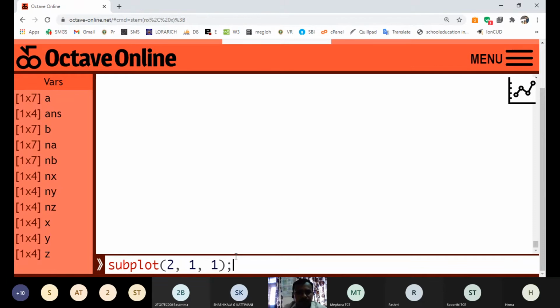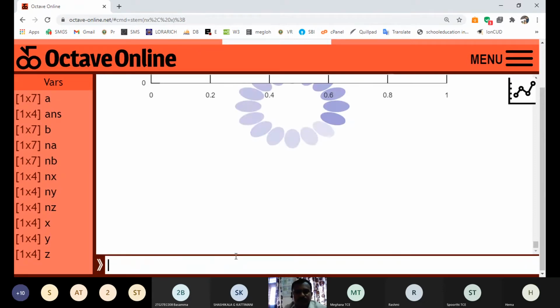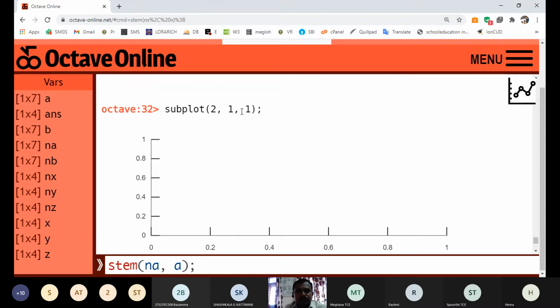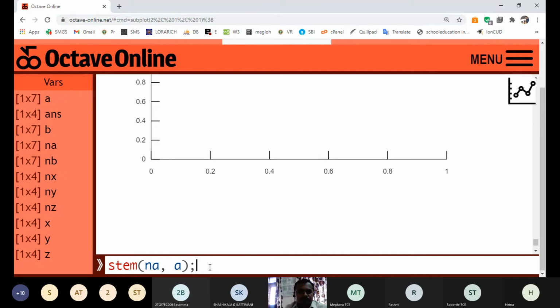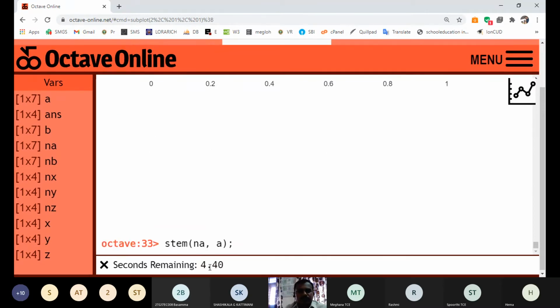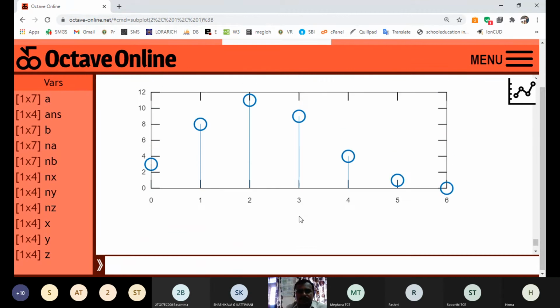So the first figure is LHS, the second figure is RHS, that is A and B. Subplot 2, 1, 1 means now I am drawing the first diagram out of 2. So stem NA, A means I am drawing the A signal on the plot.